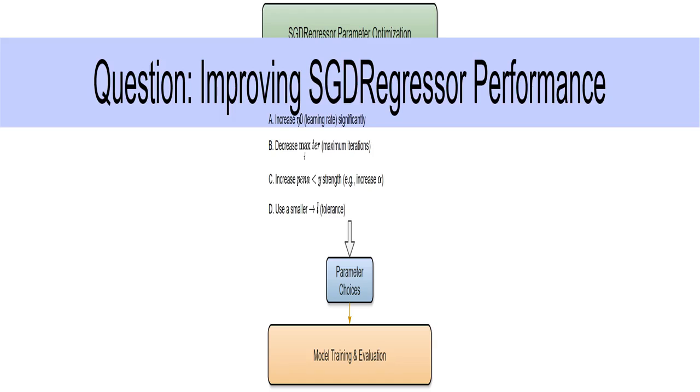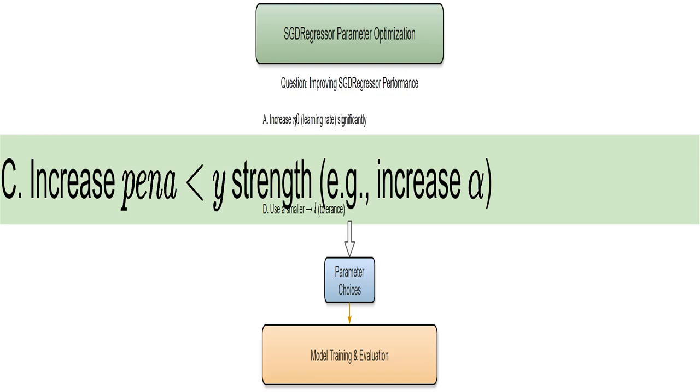I see you are working on improving the performance of the stochastic gradient descent regressor. We're going to find the best parameter tweaks. Increasing the penalty strength, specifically the alpha value, adds more weight to the regularization term. Think of it as adding a penalty for model complexity. This can prevent overfitting, where your model fits the training data too well and performs poorly on new data, and